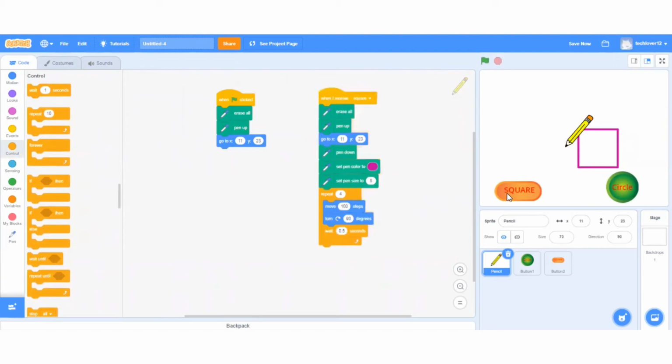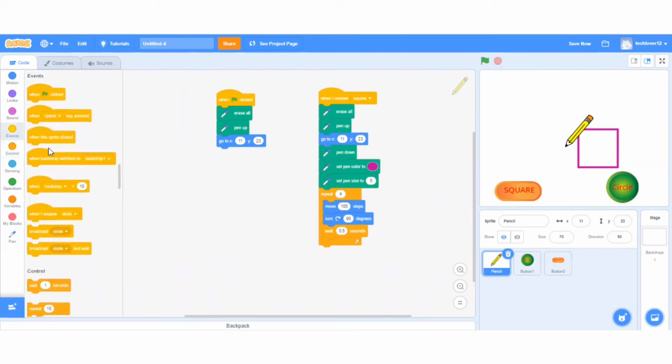See, it's making a square. Perfect. And see the purple color like I told you. Now let's stop this and let's start with another message. That means if I want to draw the circle, now what will happen? That means again when the sprite, which is the pencil sprite, if it receives the message